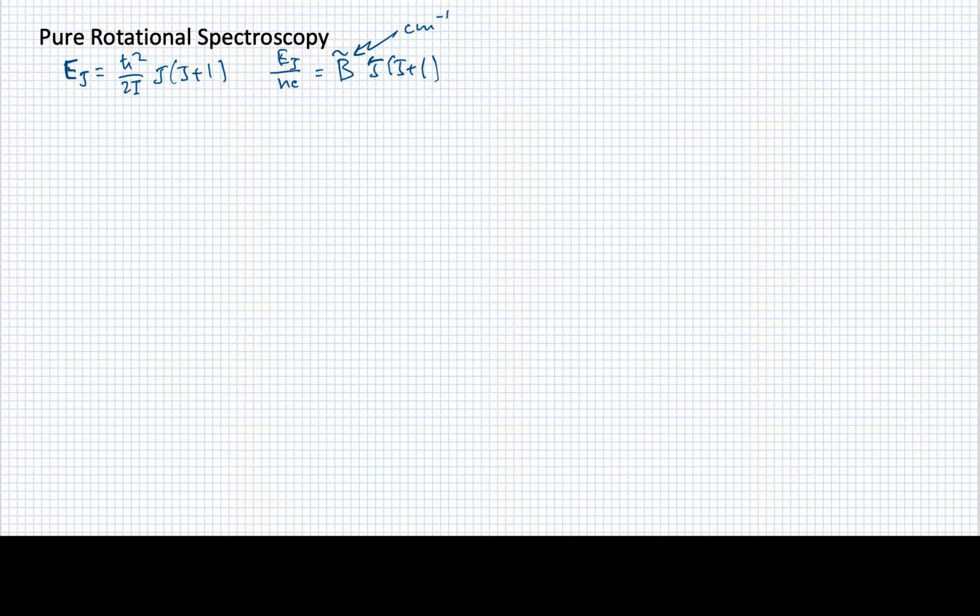Now, if you compare this equation to this equation, it gives us a way to express B in terms of the moment of inertia of the molecule. So in other words, when we divide this equation over here by hc, the stuff that is in front of the J times J plus 1 is going to be equivalent to B tilde. So that means B tilde equals h bar squared over 2I hc. All right, so this is going to be our way of connecting things that we measure spectroscopically, which will be in terms of this rotational constant,